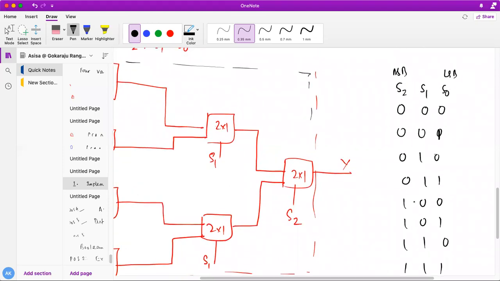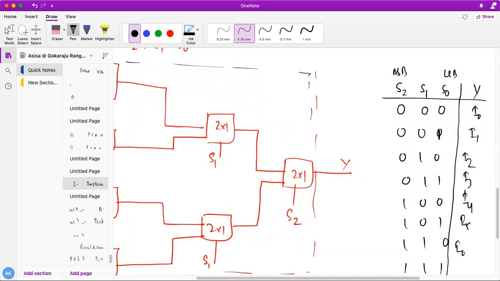Depending upon the selection criteria, I will get my output, which is selected by the mux. So for 000, I0 will be selected, for 001 I1, then I2, I3, I4, I5, I6, I7. Any doubt, students, till now? Any doubt on this?